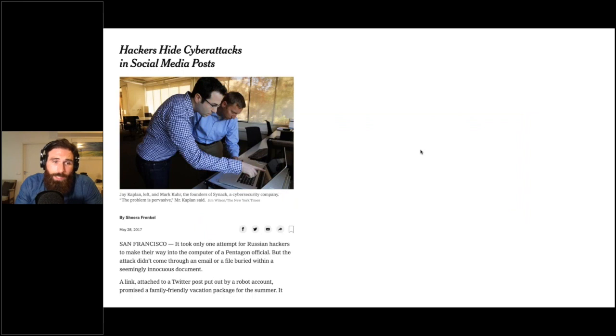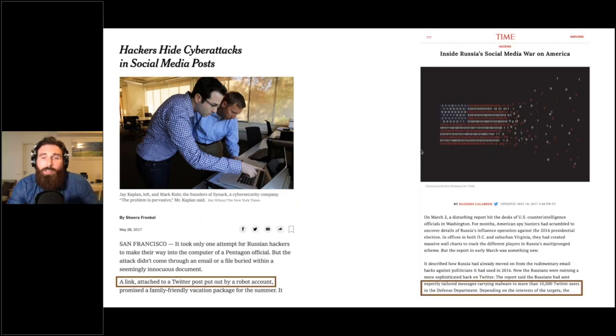And the idea for this study came about by looking at a number of media reports that were talking about how US government employees were being targeted on Twitter by particularly Russian, but also Iranian and Chinese hackers who were hiding links that would either bring someone to a page asking them for their login credentials, such as happened with the John Podesta emails and the DNC in 2016, or it would bring them to a website that would then download malicious software onto their device and then take control of that person's phone or computer and then crawl into a government network and sort of steal information.